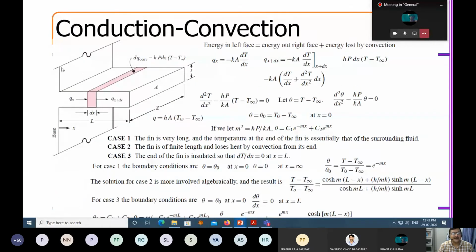So you can very clearly understand where I am going. This is the surface of a cylinder, and suppose this is a fin geometry, and I'm trying to see what is the rate of heat transfer across, say, a fin element. How do I do that? Suppose I take this rectangular cross section of the fin, and this is where the conduction is taking place, and this is where the convection is taking place.